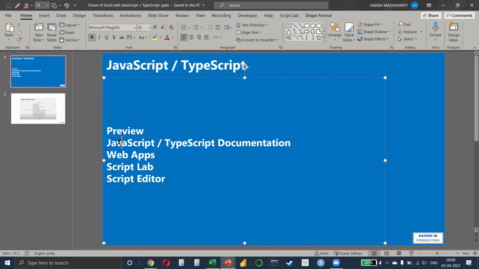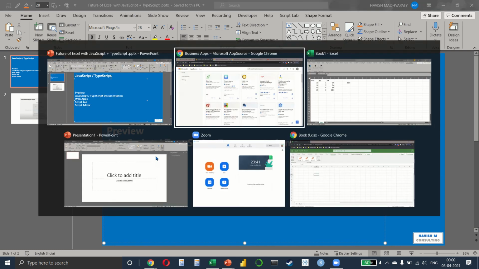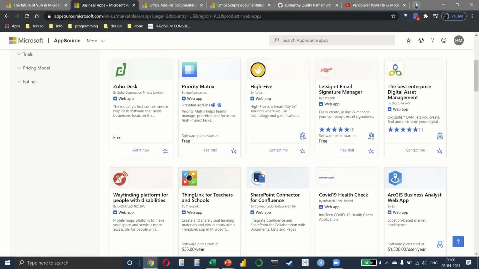All right, so we've seen the JavaScript and the TypeScript documentation where it is available, and we've also seen how web apps work. Now let's look at two more things. One is the script lab and the other is the script editor. Let me first show you what the script lab is.